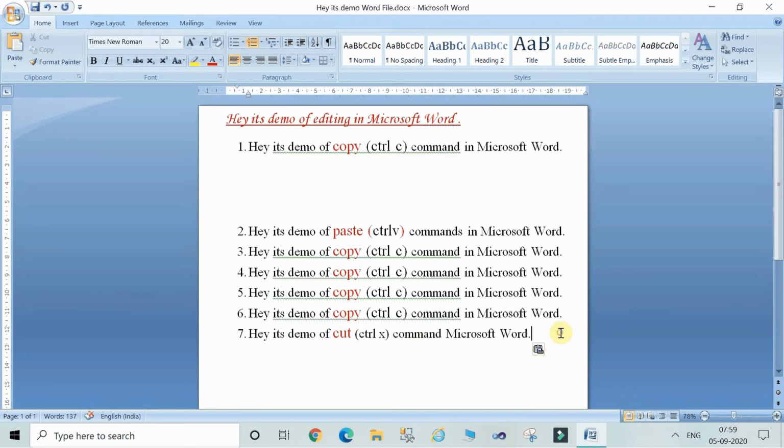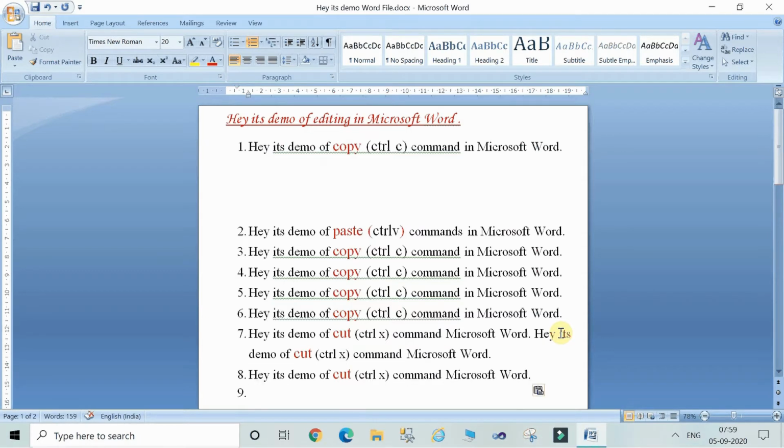Okay, once it has disappeared from that location by using the cut command, you can paste it as many times as you wanted. Okay,